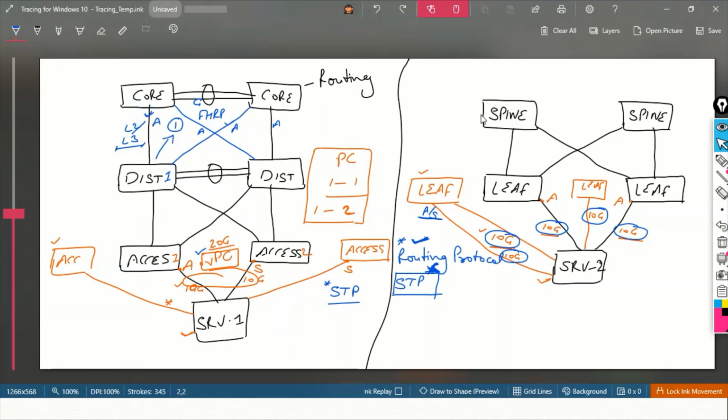But if we are talking about the 2-tier architecture connecting to the spine and leaf topology, when the traffic is coming to leaf 1, for example this is leaf 1, leaf 2, leaf 3 and leaf 4, and wants to go to leaf 2, as we discussed, we do not have any connectivity in the middle of that. We don't need it, and it is not recommended either, right?